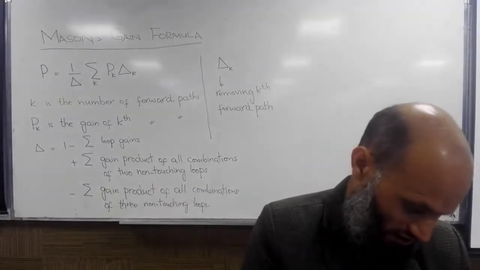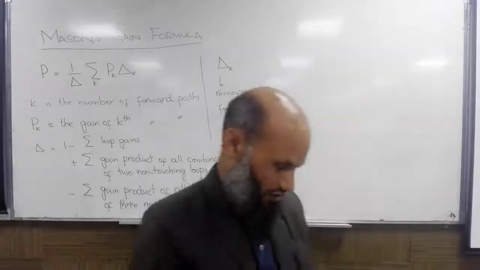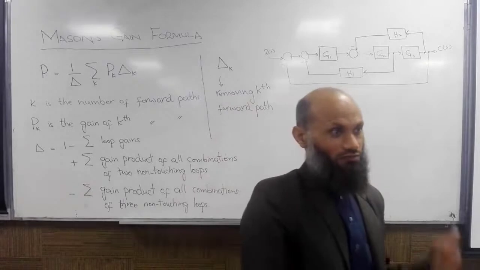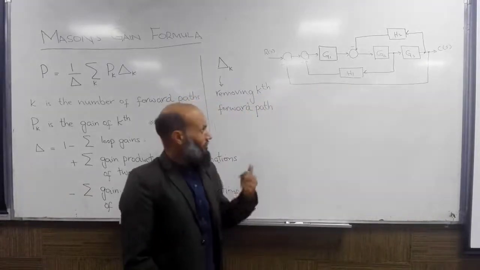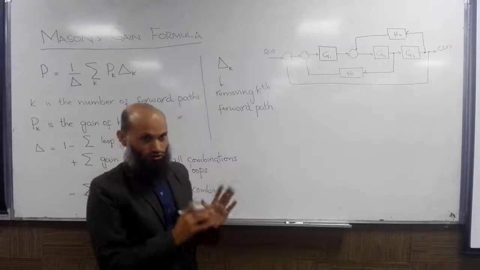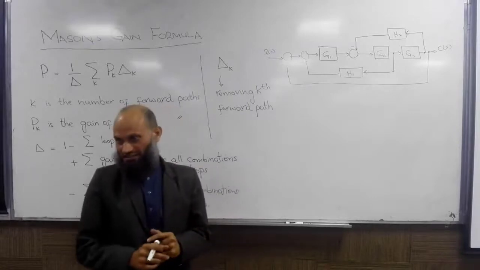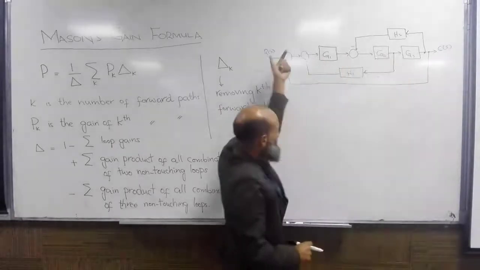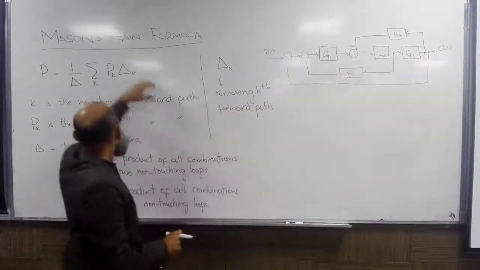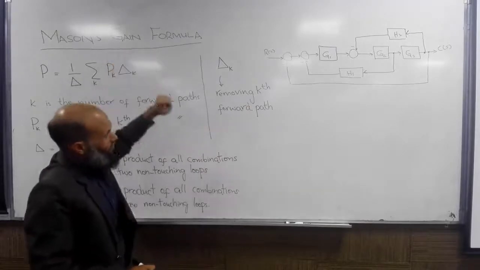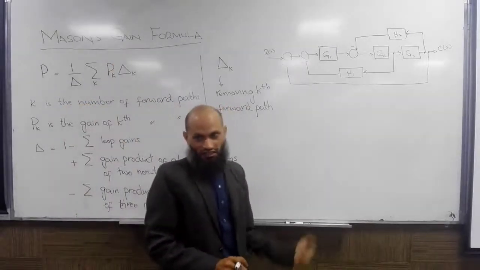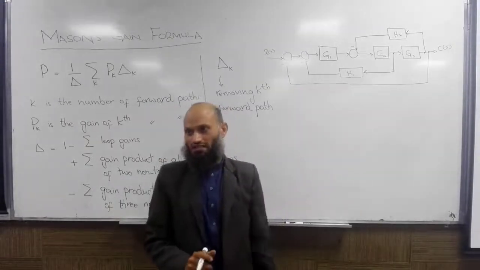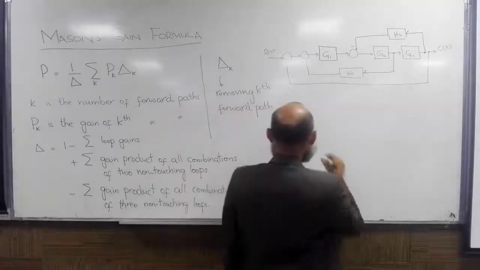As an example, we have this block diagram. In one of our previous lectures, we had utilized the block diagram reduction technique to obtain a transfer function between this signal and this signal. Now we want to use Mason's gain formula to obtain this transfer function. For that purpose, what we need is to represent this block diagram using signal flow graphs. So that is now easy.